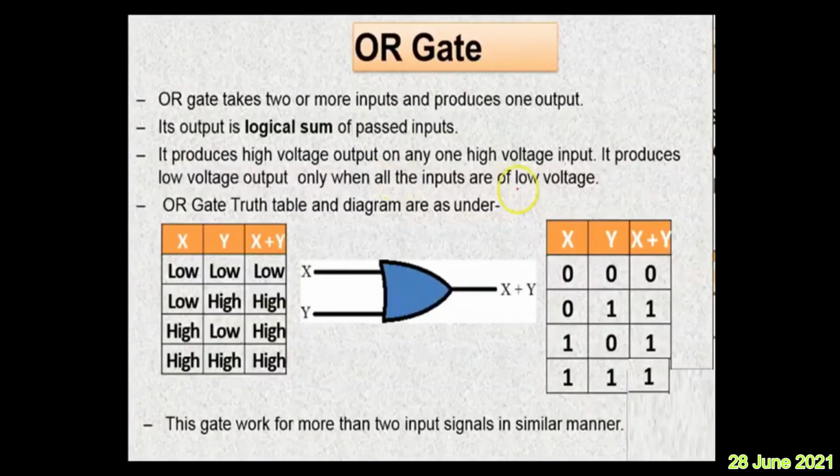Now we'll come to the next gate, which we call the OR gate. It is not a unary operator, it is a binary operator, because of course you can have output for only one input, but you can also give two or more inputs. OR gates take two or more inputs, and produce always